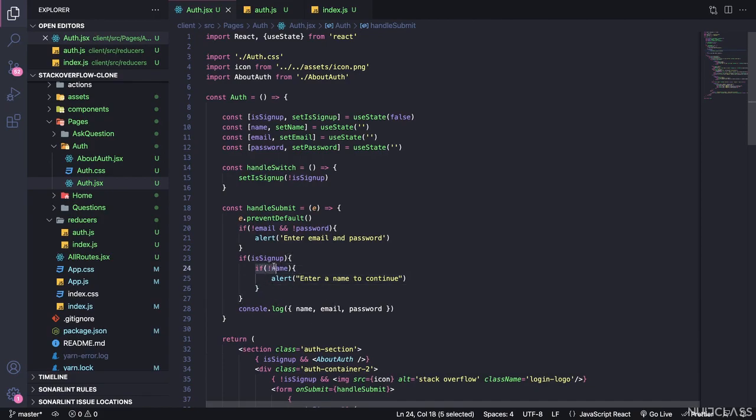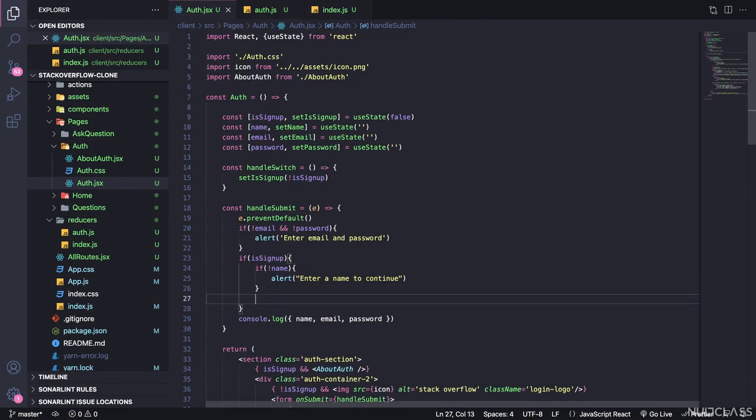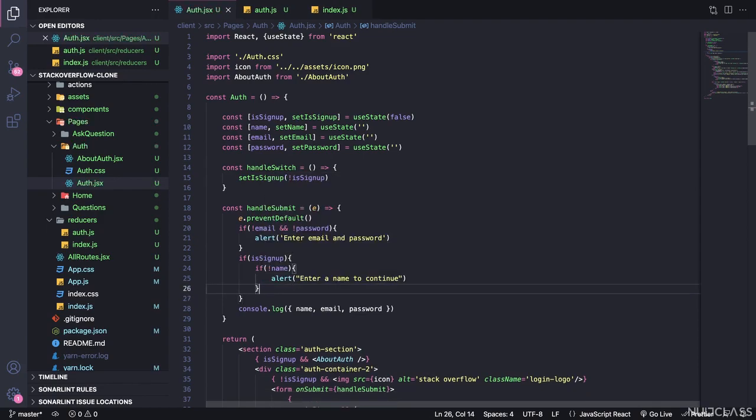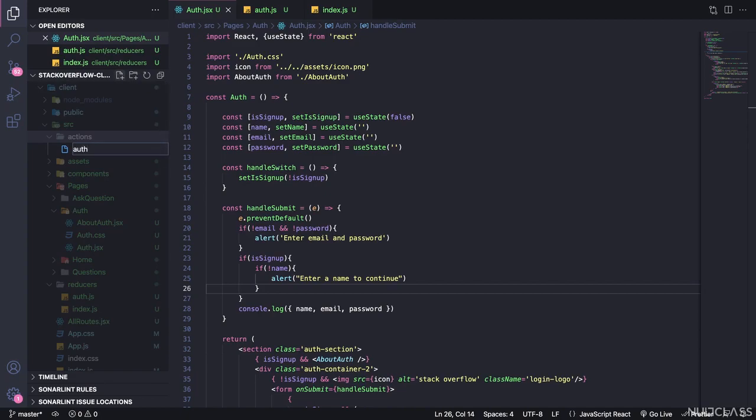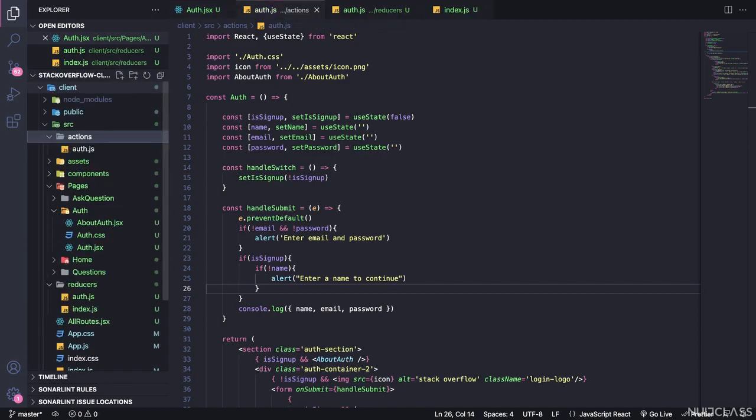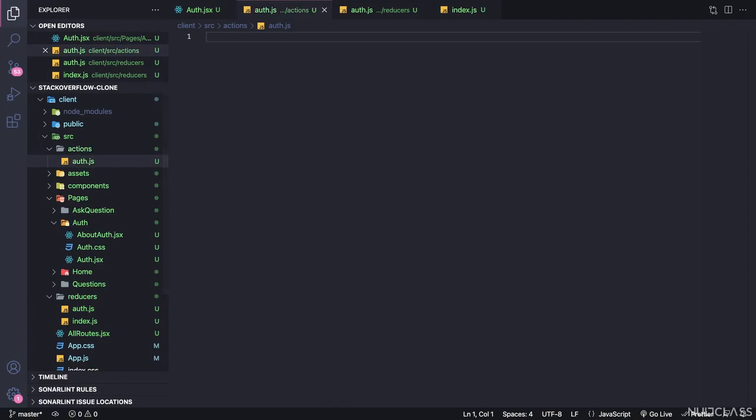So now we will first write the sign up function. First we can write a function in the action, and we will use that particular function in here. We will write a particular action for authentication, both sign up as well as login. So in that Auth.js,